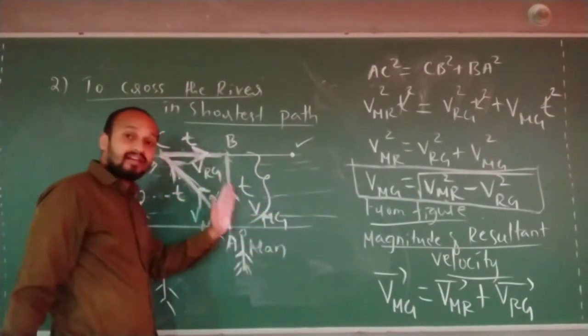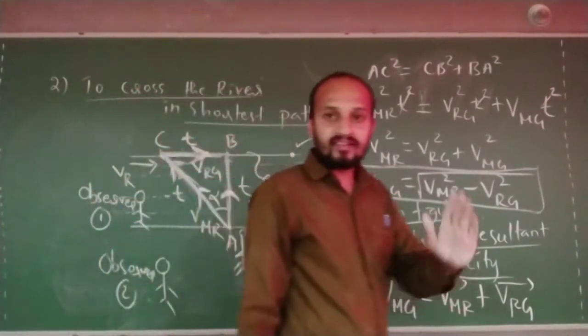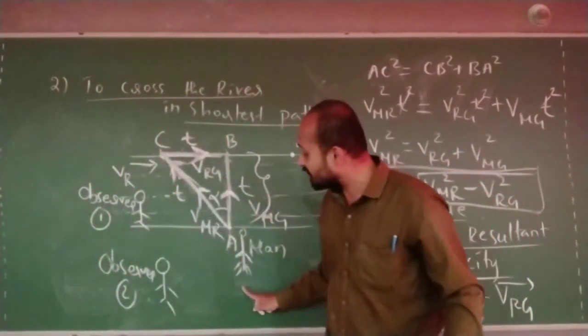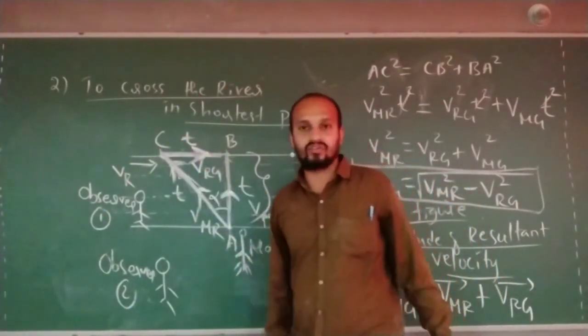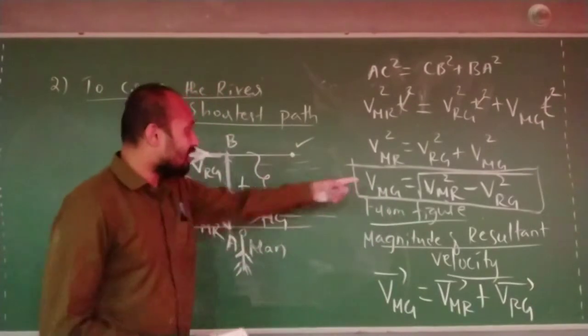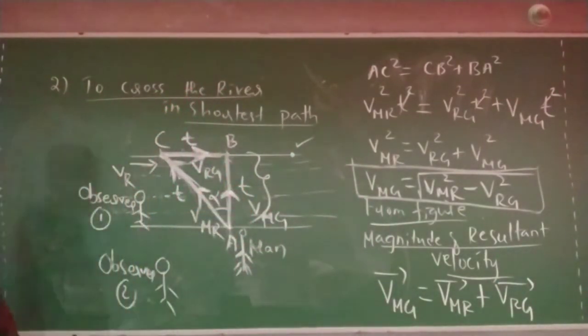So this velocity is nothing but velocity of man with respect to ground. Because this velocity you can see when you are observing from the ground, if you are traveling like this. Correct now? So this velocity is the shortest path you can travel. Correct now? So you can find that, is one thing. Second thing, time taken. Direction, how can you find?